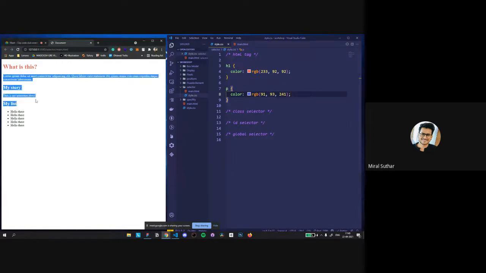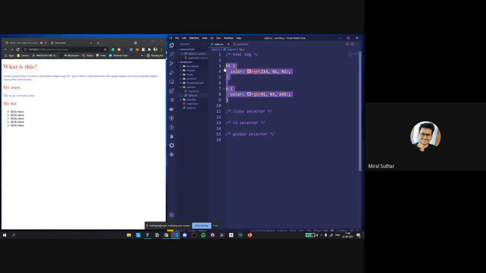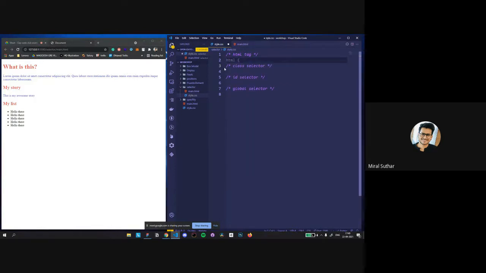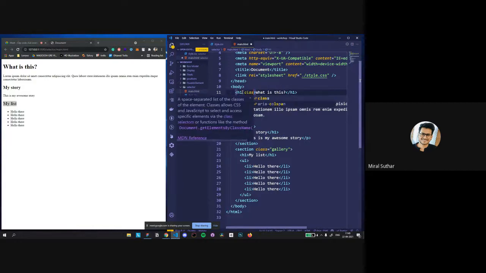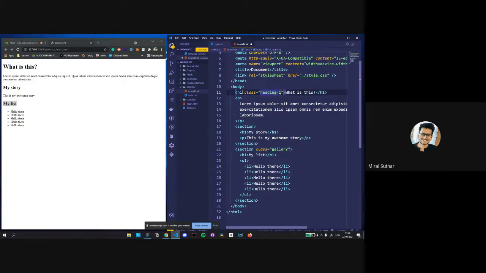You can select this way, but it messes up the code to select by the whole HTML, because you don't want to style every single thing the same. So we have to give them a class name. What happens if I select them by the class name, heading one?